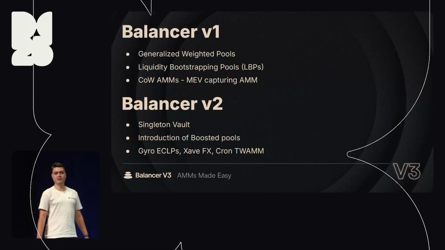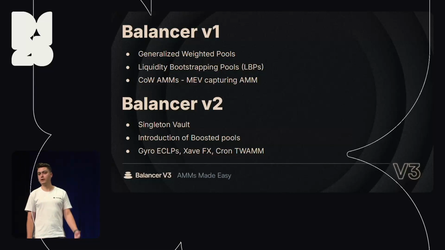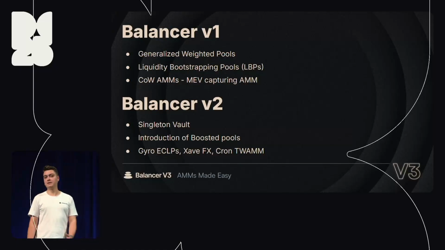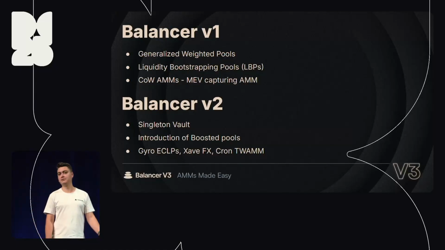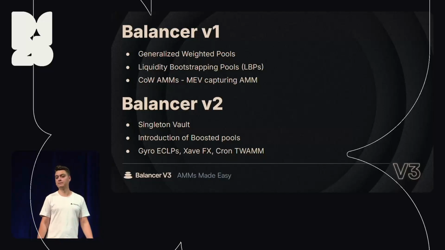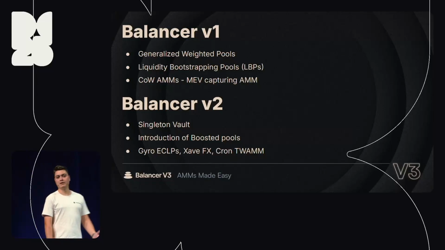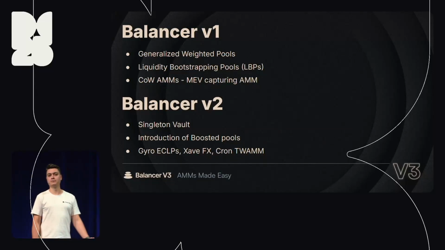Balancer has always been innovating on this space since 2020. Back in the day, we launched V1 with generalized weighted pools, which is quite interesting because back then, we only had 50-50 two-token pools, the model popularized by Uniswap V2. But on Balancer V1, you had multiple tokens, up to 8, and custom fees,